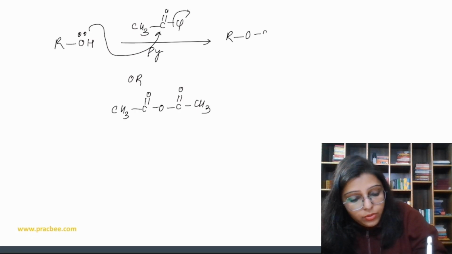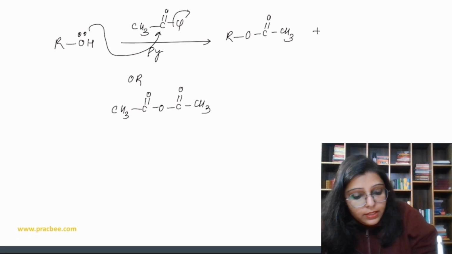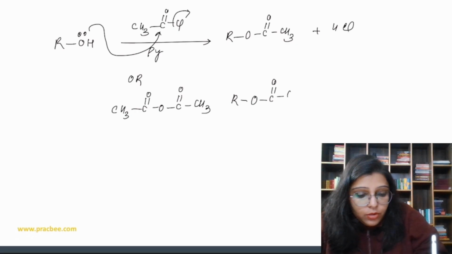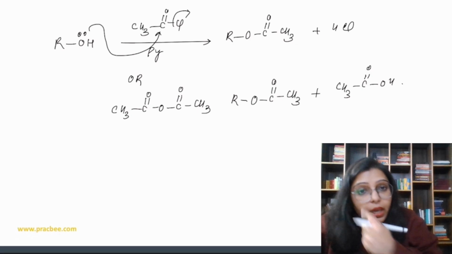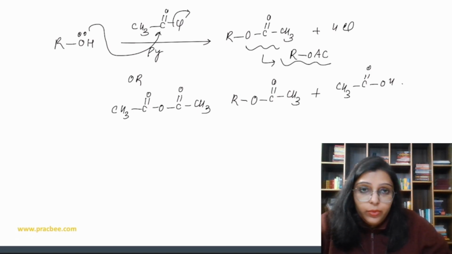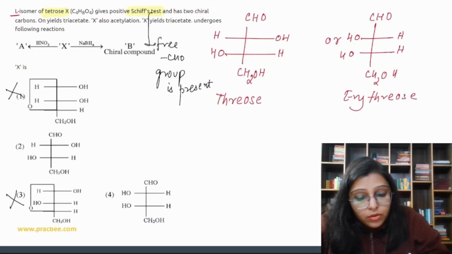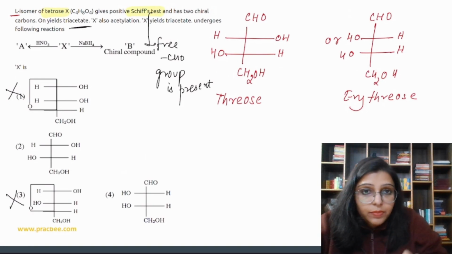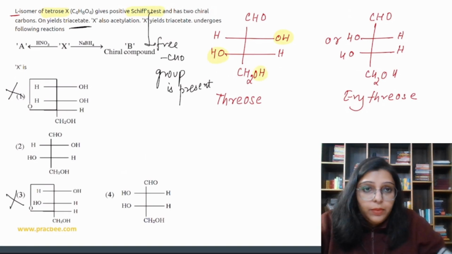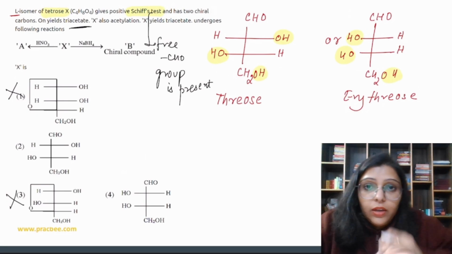And we get ROCOCH3 plus HCl. Similarly, we have ROCOCH3 plus CH3COOH. Okay, we get this. So this part is acetylation and we get ROAc. We can also write it like this, ROAc. So triacetate, we get triacetate. It means 3 OH groups should be present. Free OH. So 1, 2, 3. They are present, 1, 2, 3 present in both we have. Next,